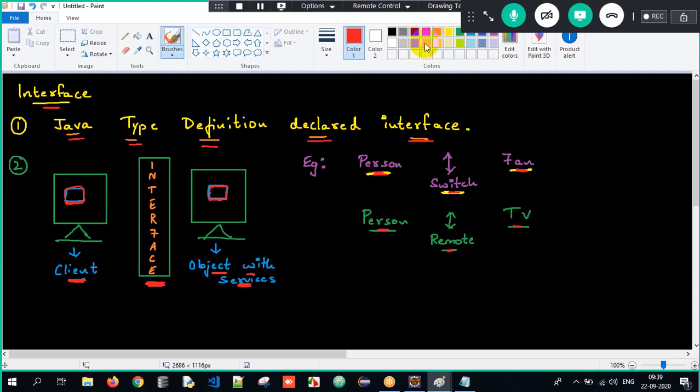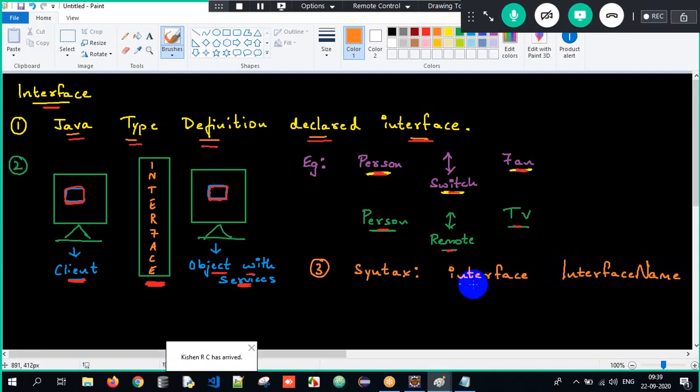Got it? So what is the syntax like, sir? So the third part which I will be talking about here is the syntax. Sir, what is the syntax of an interface? I will tell it to you. Interface has to be created with the help of the interface keyword, followed by the interface name. Okay, and then open curly braces and close curly braces. This is the scope of the interface and I have to write the implementation over here.